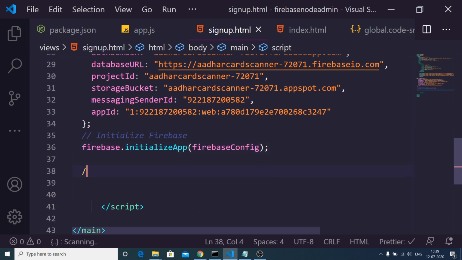And now we just need to write the code which will register the user for us. This will be pretty simple.